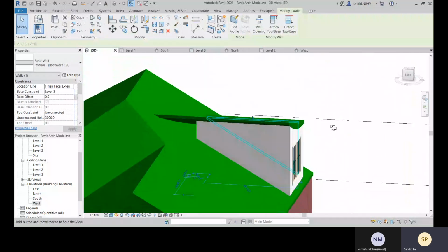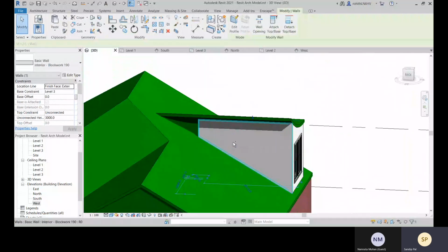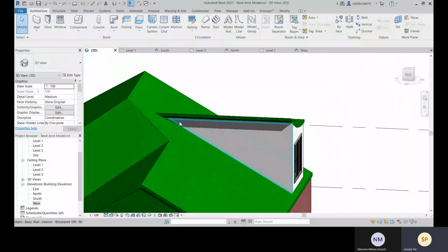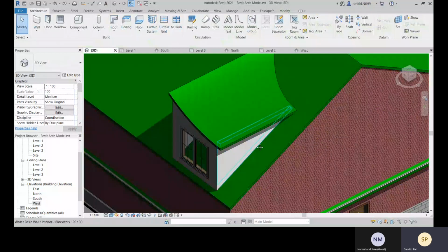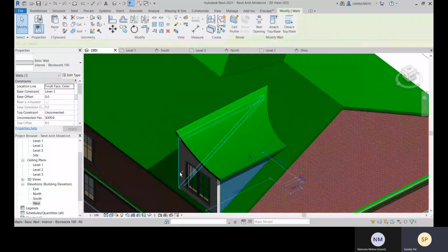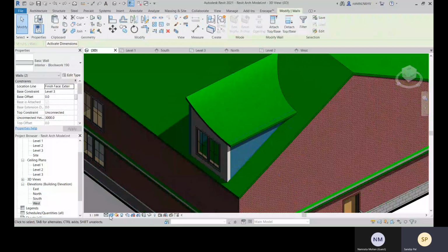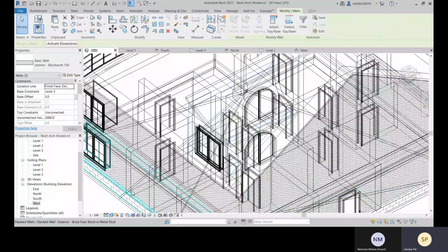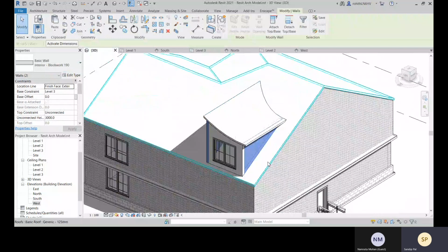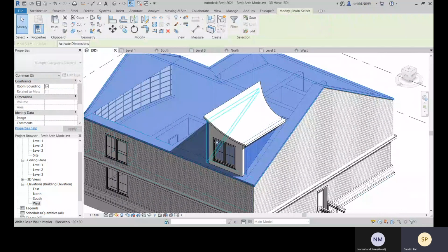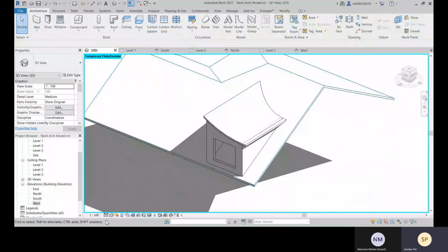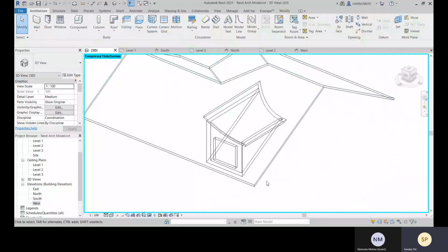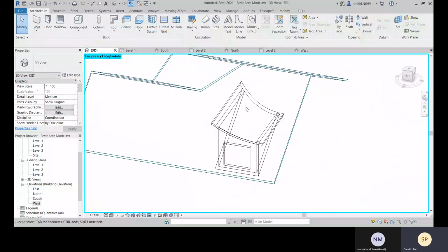Let me just see. So here also we can make it within 3D. Let's have these things only. This wireframe, we can make it simply within this 3D.